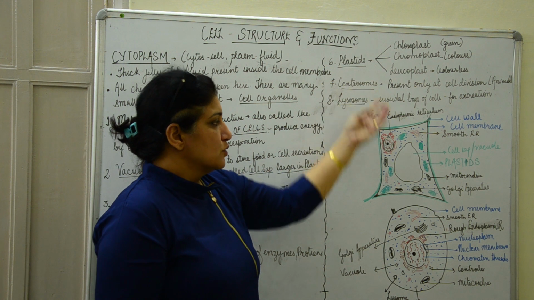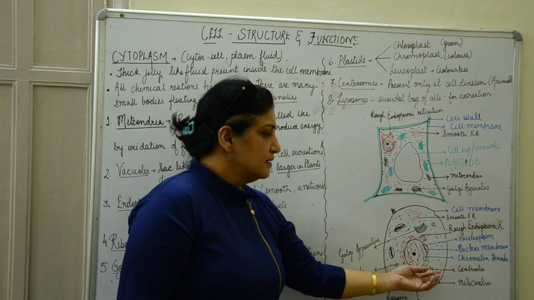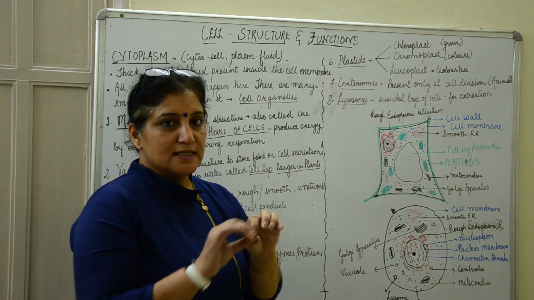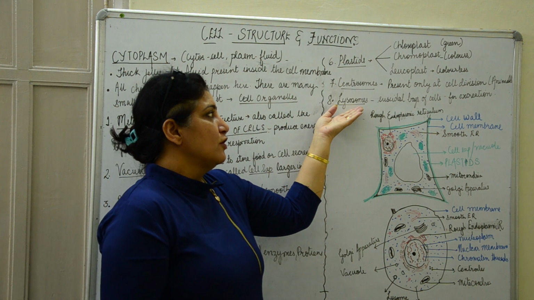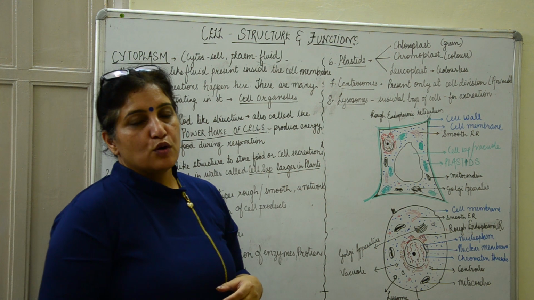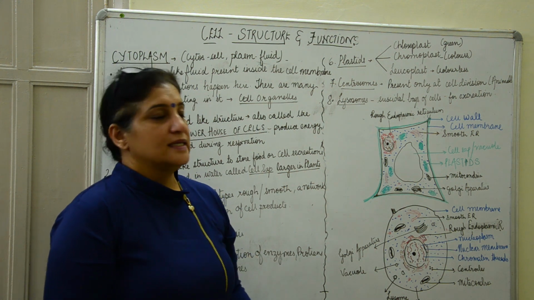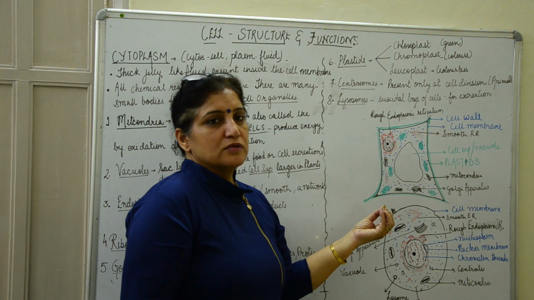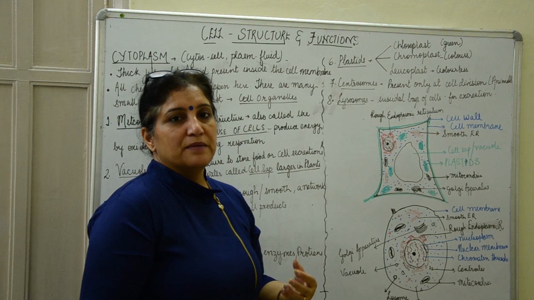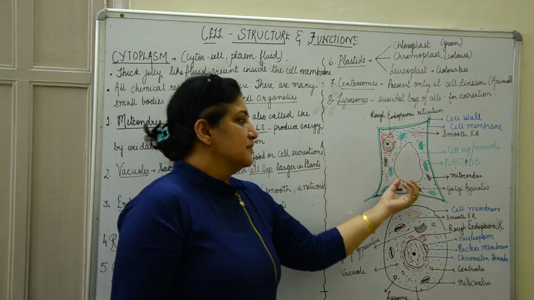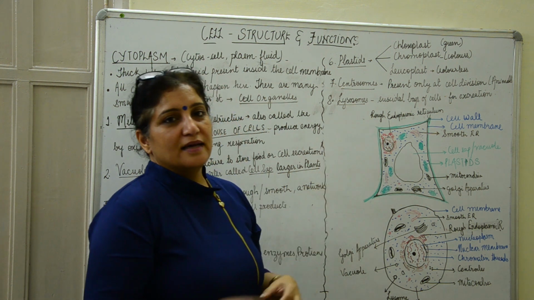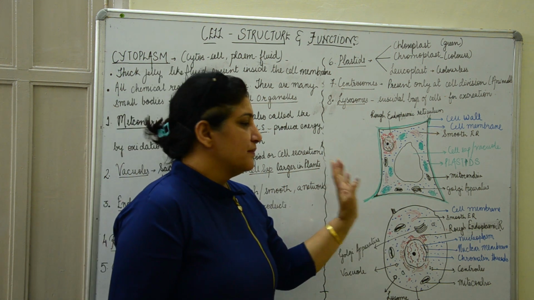Next are centrosomes. These are present in the animal cell, and you can only see them at the time of cell division, when the cell is dividing. And lastly, the last of all the cell organelles that we will be learning about is lysosomes, which is called the suicide bag of the cell. When an organelle is not working properly and is not able to be repaired, then that organelle is digested by the lysosomes, and it is then excreted out through the cell membrane.